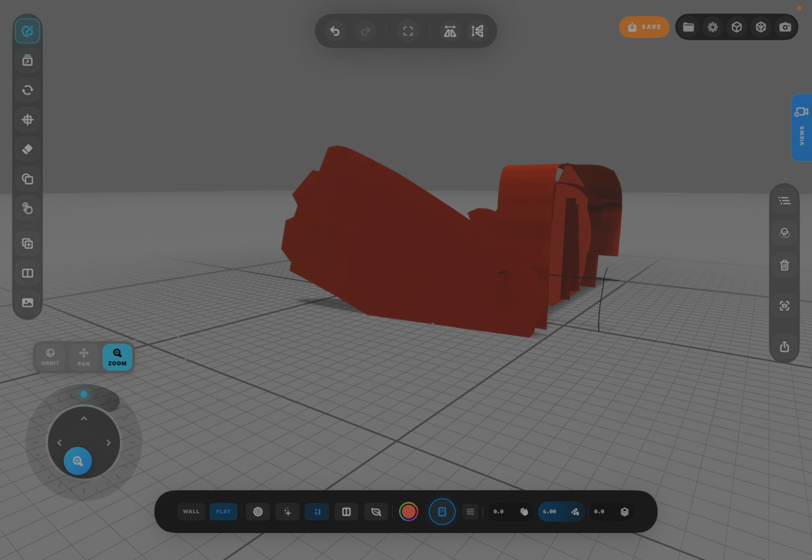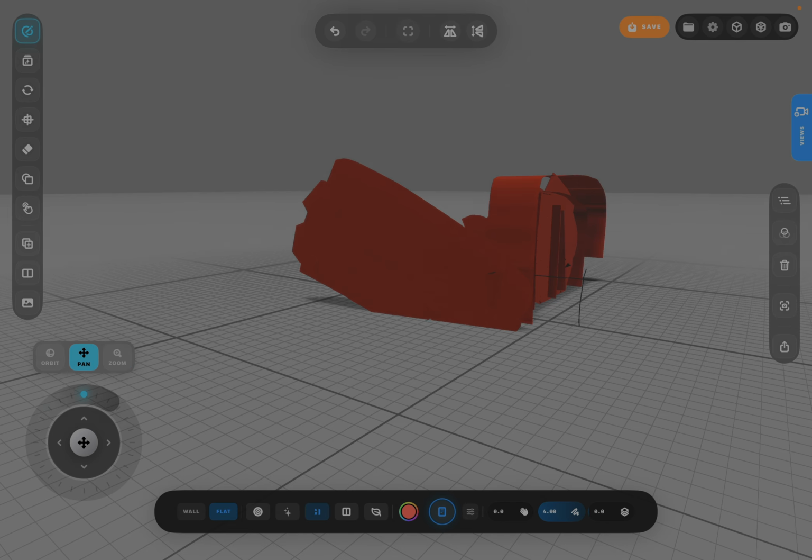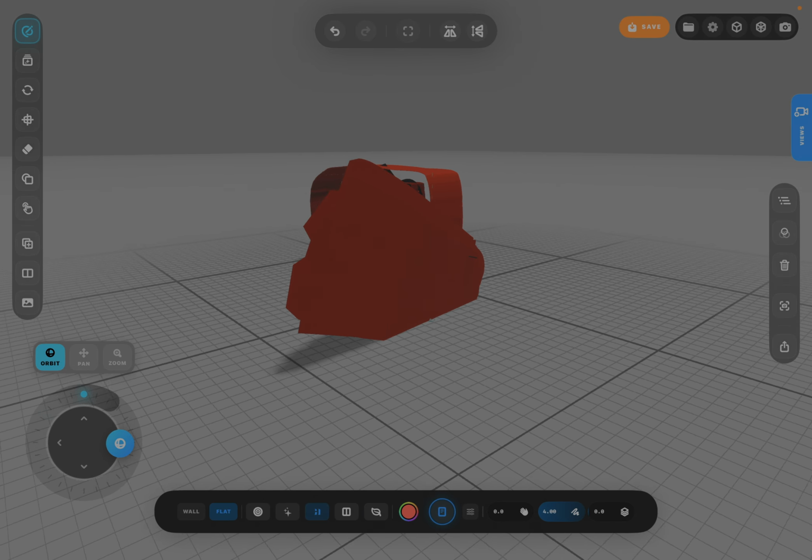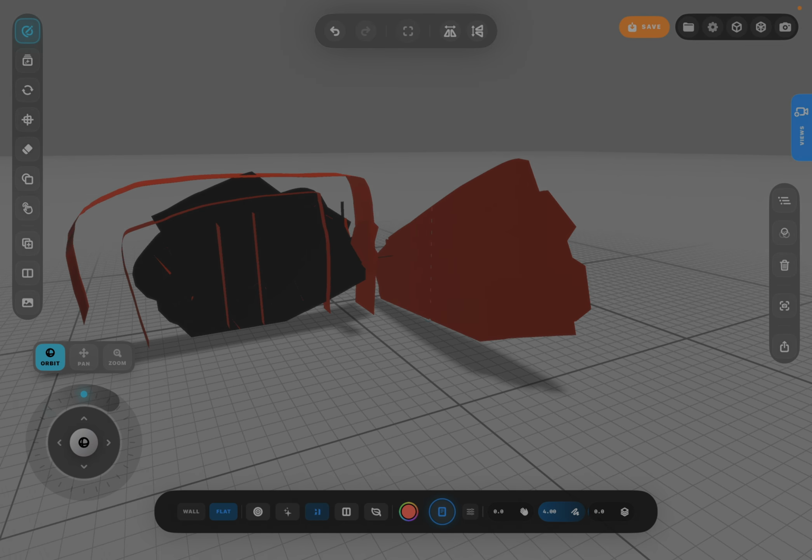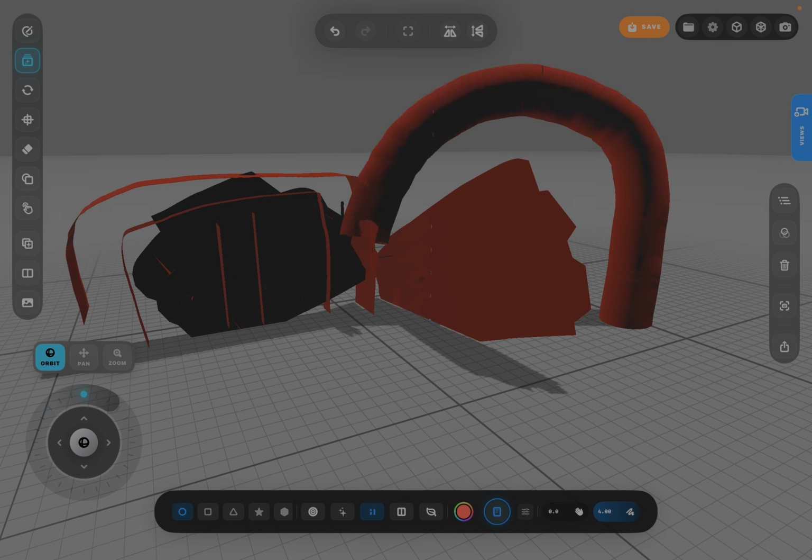Now let's zoom out a little bit more, and let's look into some other tools. Next to the brush tool, you'll see a NURB drawing tool, which is basically like a pipe, but you can draw strokes in different shapes. For example, the default is a circle, but you can draw